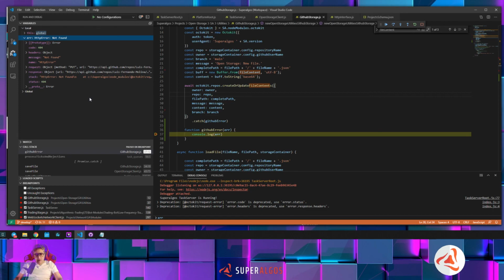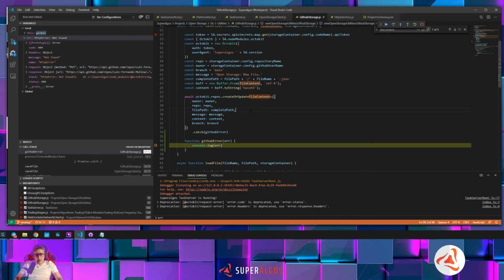We are almost there, but it seems that we will need one more episode on this, one more session, because this is not going to be working at the first try. Also, we will need to be making the error handling correctly all the way down to the task server. So yeah,